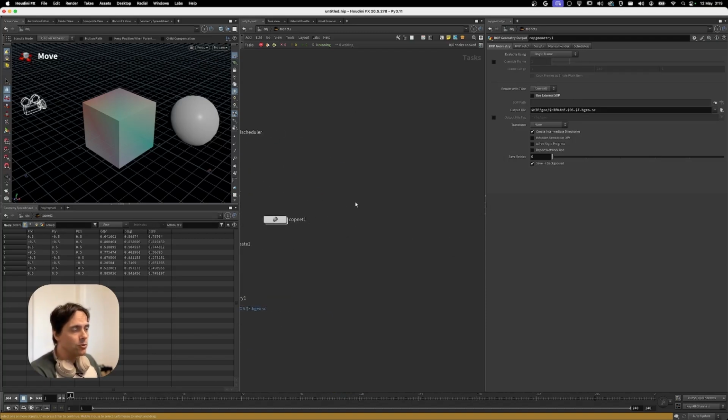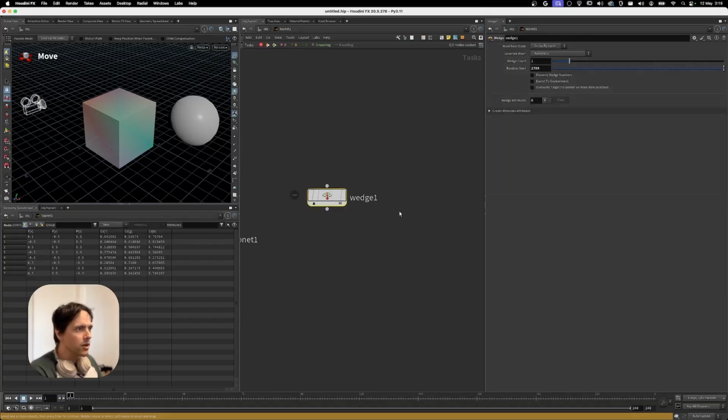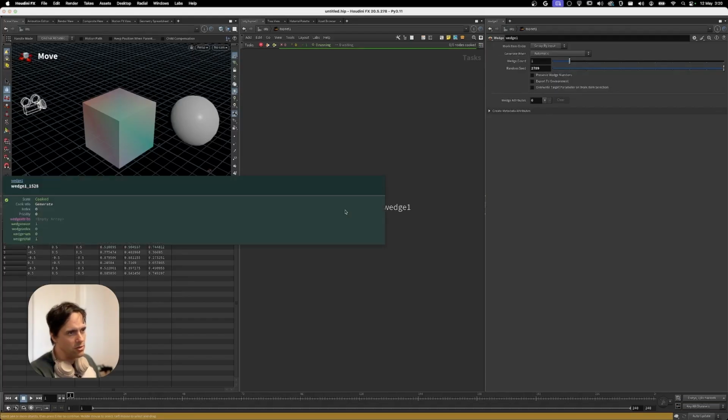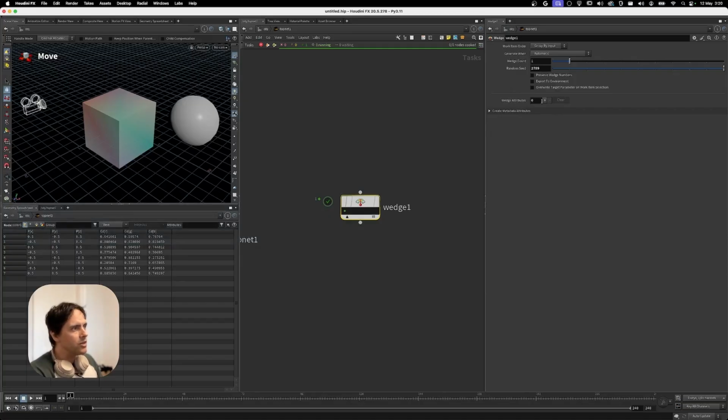One of the really useful things that you can use TOPS for is wedging. So I'll finally get to explain wedging. If I tab in a wedge, so what is a wedge? A wedge lets you define a range of values. So you can see that by default, there is nothing here. And if I cook it, I get a single work item that is essentially doing nothing because I've got nothing set up. But if I go to the wedge attributes, I can click it and I can make up